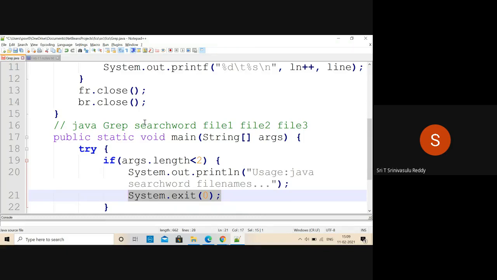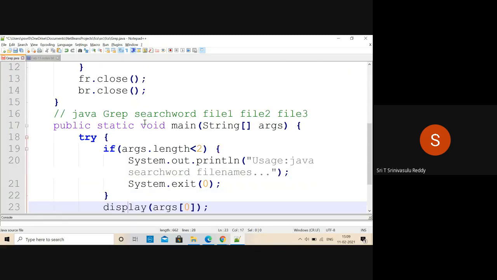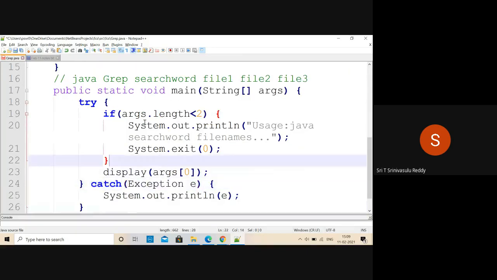It need not come back to the main and all that. So whenever you want to terminate for a certain reason, you can use System.exit of 0. If everything is okay, now you are going to invoke the corresponding thing.